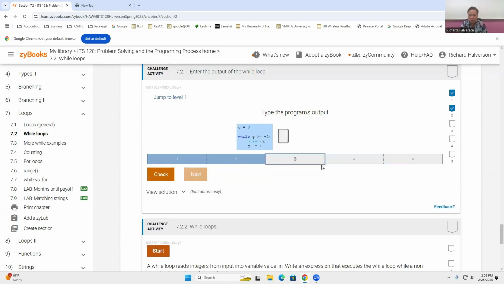Okay, let's do one more. Now we're going to start with G equal to 0. And while G is greater than or equal to -2, we're going to print G. Each time we iterate, we're going to subtract 1 from G. So the first time G is equal to 0, the second time G is equal to -1, the third time G is equal to -2, and then after that, if G is equal to -2, it's going to print the